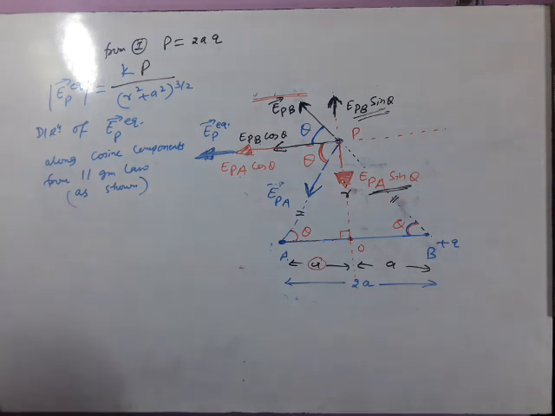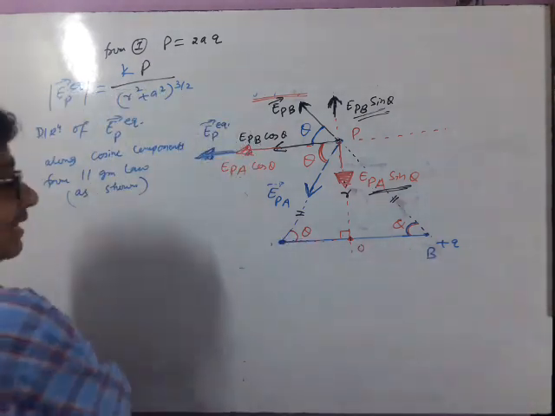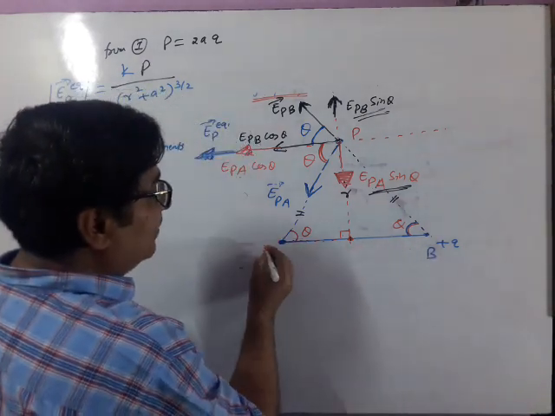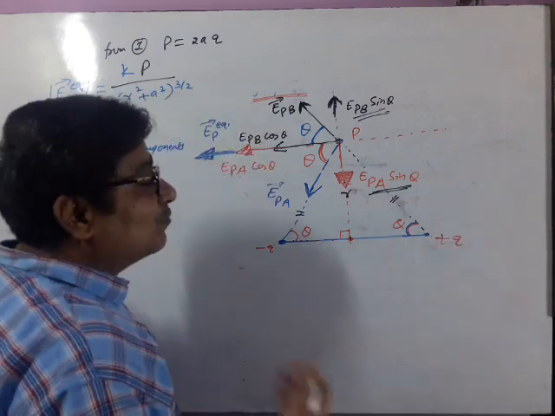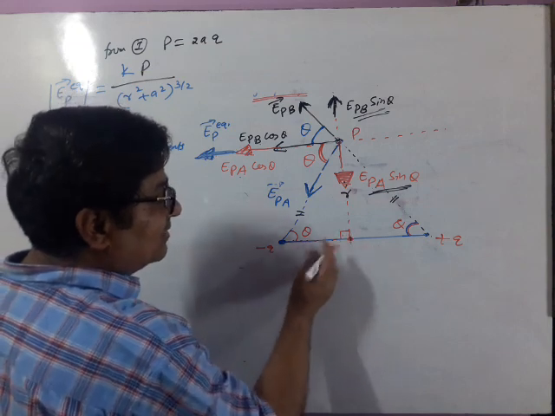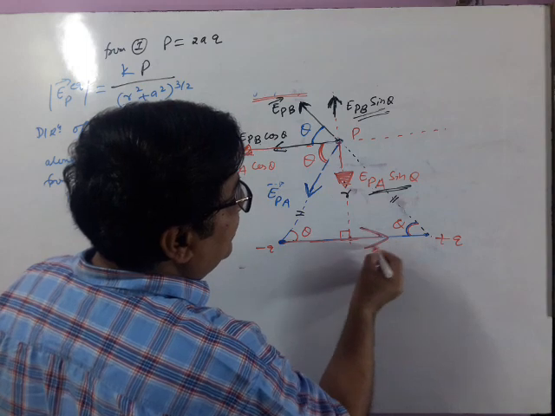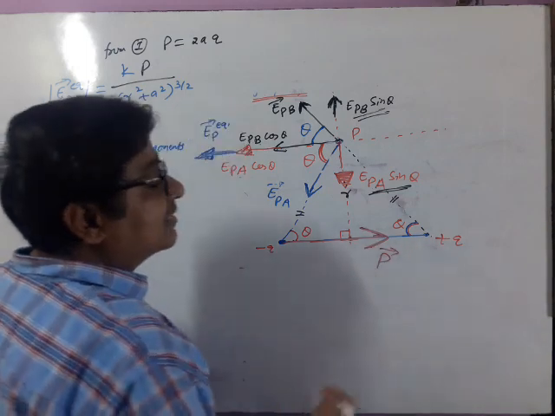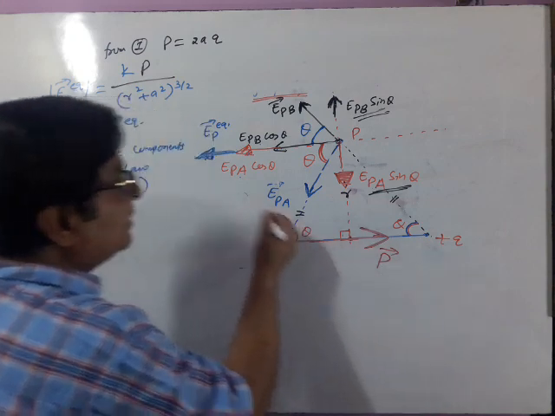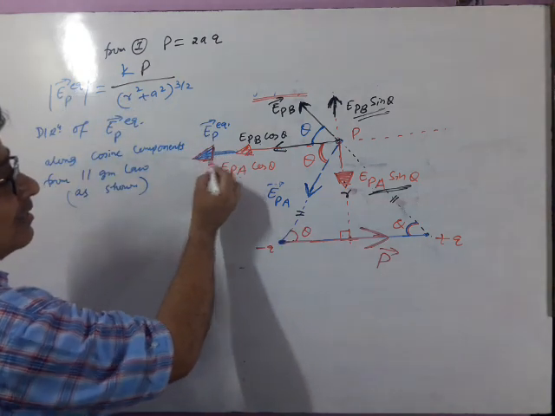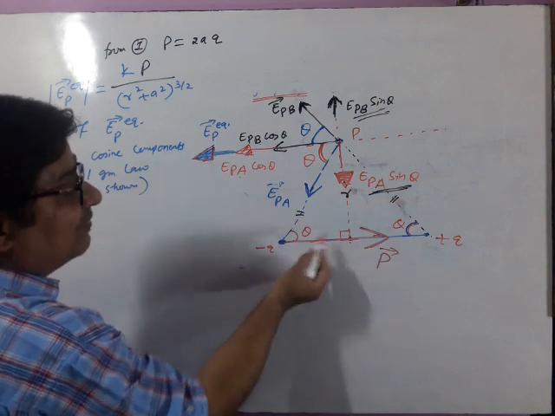Now the most important point with reference to the dipole moment vector. See, it was minus q, it was plus q, and you know the dipole moment vector p vector is directed from minus q to plus q. This is the direction of p vector, the electric dipole moment vector. Now with reference to p vector, see the final answer: it is anti-parallel, or in the opposite direction of p vector.